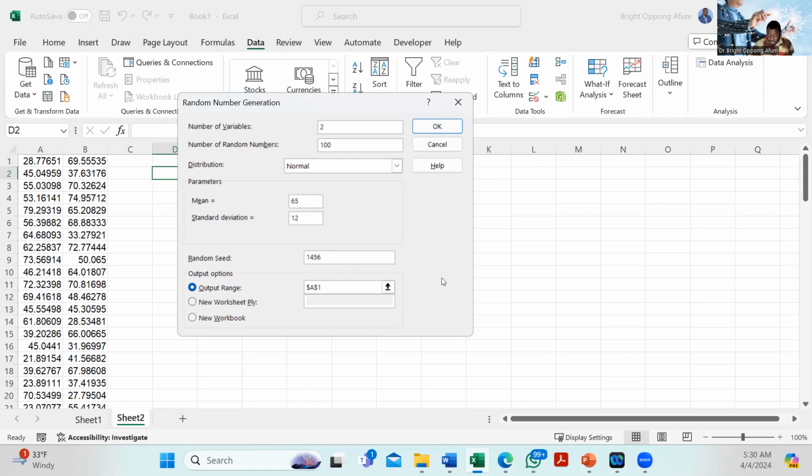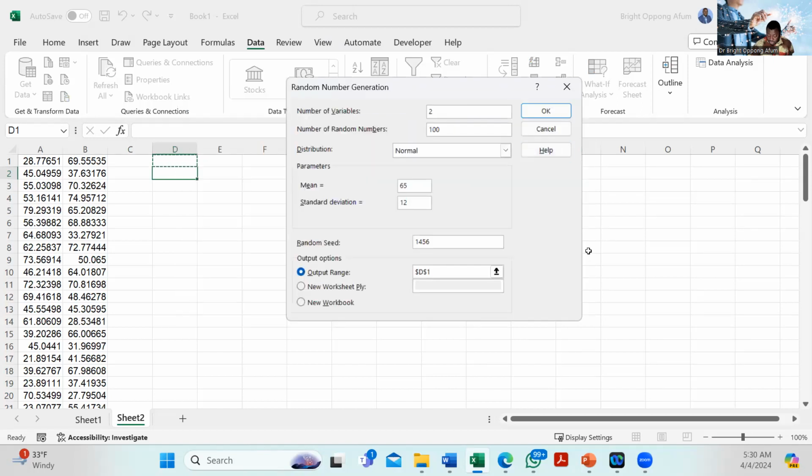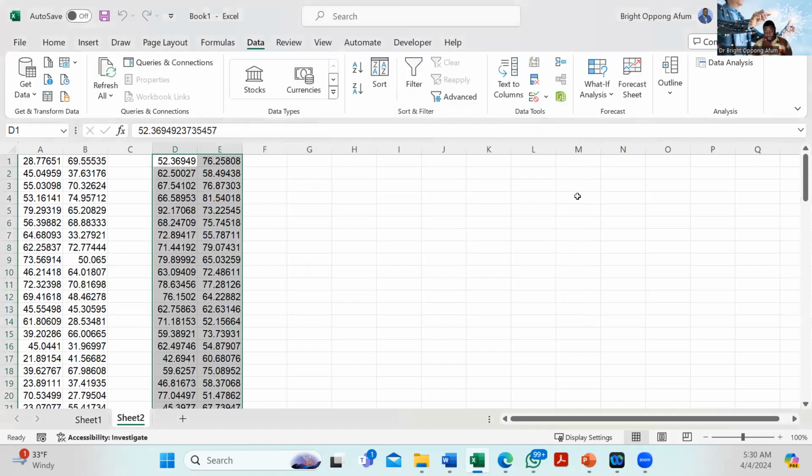Let's still use the seed 4056. But now let's pick this column T. So I run it and I'm able to get another set of random numbers,